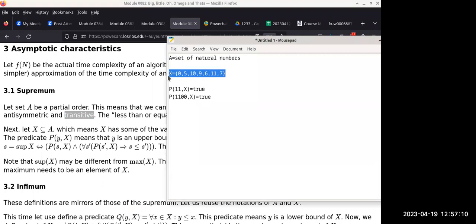Oh, it's not the max value? In this case, yes, that's a very good observation. It is also basically just known as the maximum from our perspective because of one special property of natural numbers with respect to the relation less than or equal to. You guys still remember what makes a relation not only partially ordered, but totally ordered? Comparable, right? So now the question is, is less than or equal to comparable over the set of natural numbers? If I pick any natural number, can I say one is less than or equal to the other one?